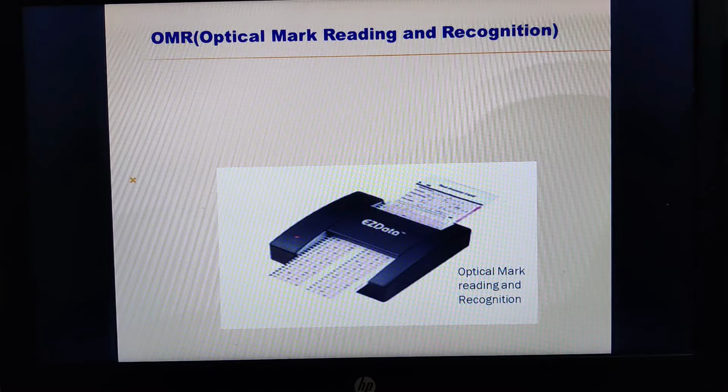Next, we discussed the wireless keyboard. Herein, we need not connect the keyboard to the computer system using a cable. In fact, Bluetooth, infrared rays and radio frequency are used to connect to the computer system, and it should have a range of up to 1 to 40 feet between the computer and the keyboard.